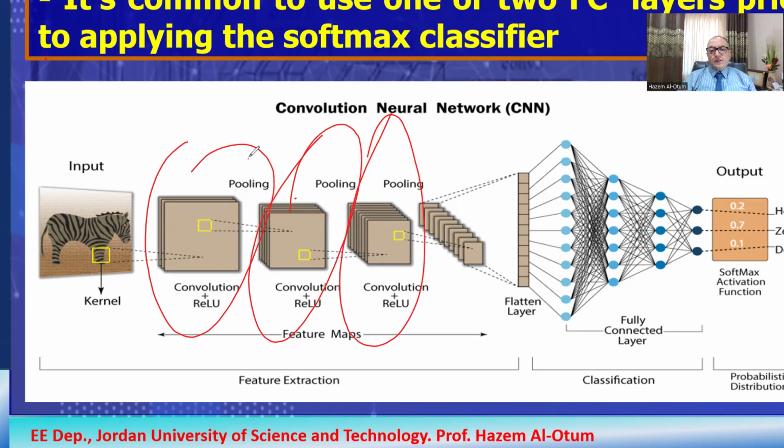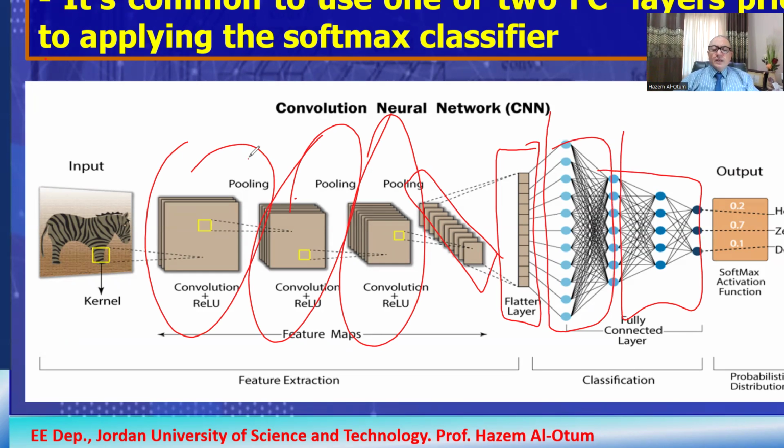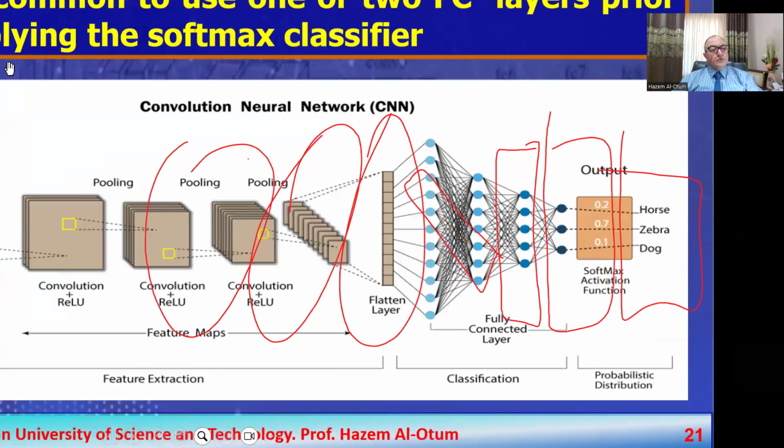After a while, you get to flatten. This means converting, let's say, to one dimension, then you can use a fully connected layer, one, maybe two, maybe three. And finally, at the output,